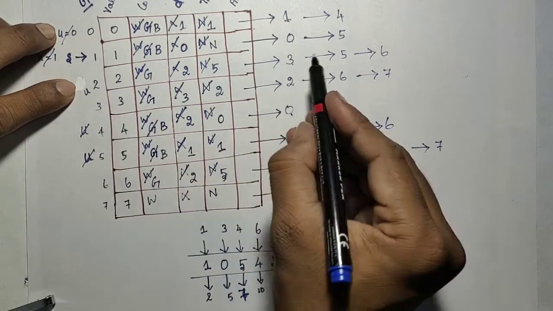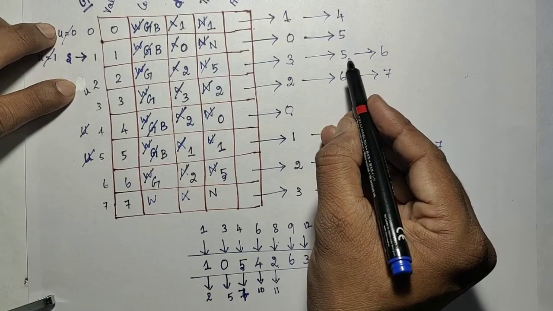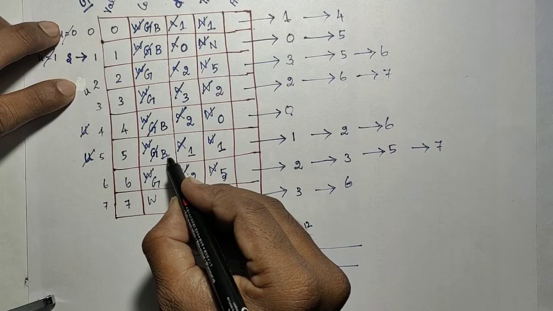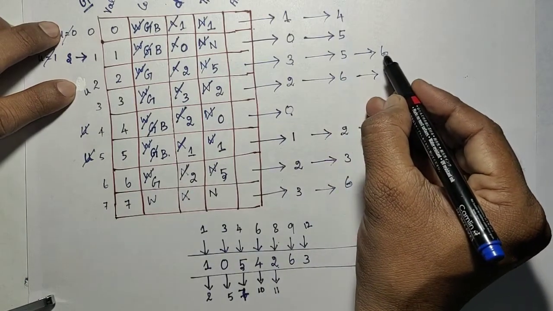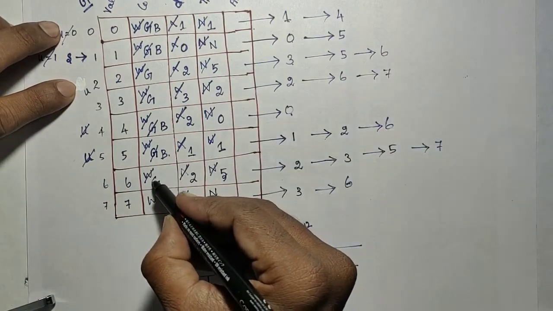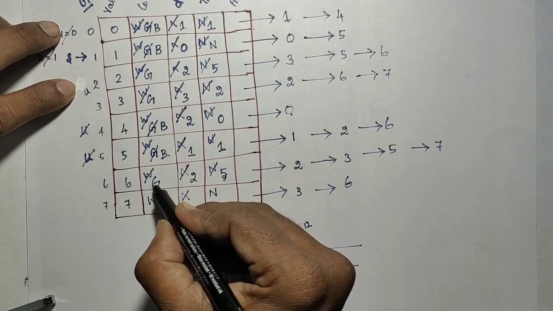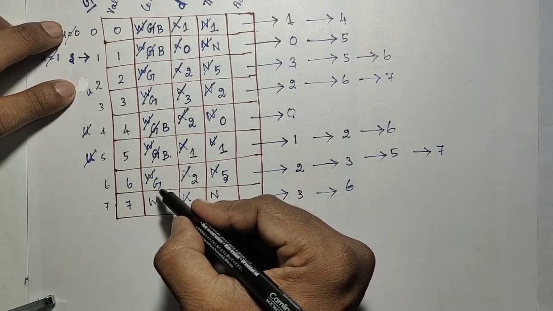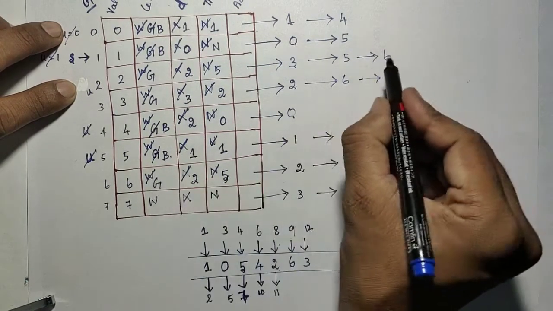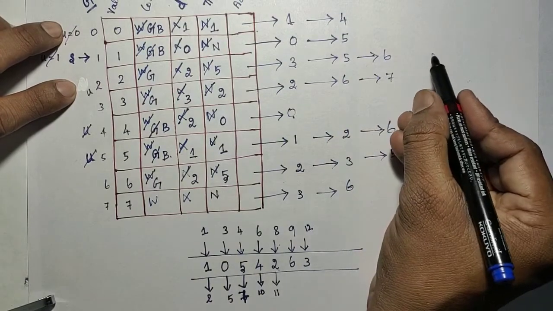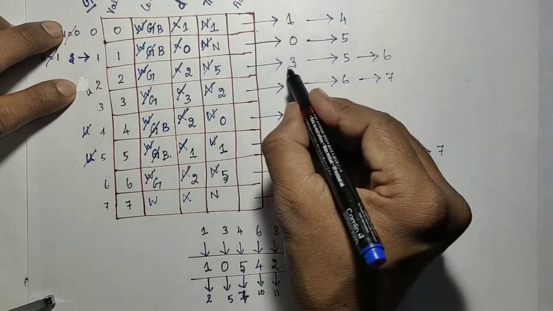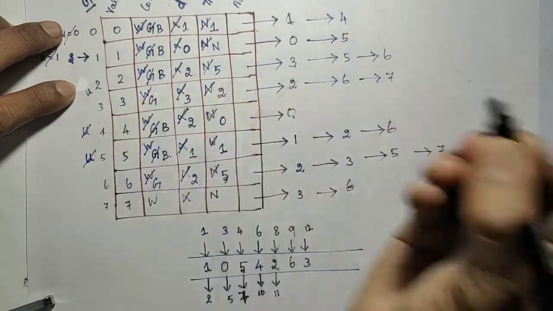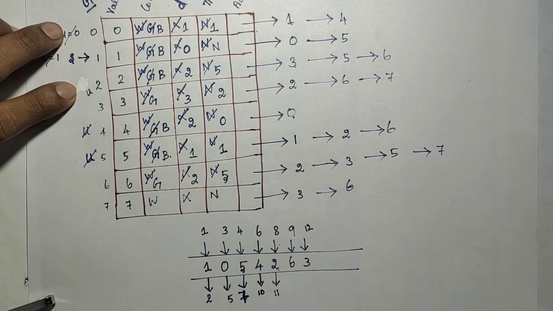The next one: 3 is over, next is 5. In that, 5 is already visited, the color is not white, so skip that, go to 6. 6's color is also not white. It is also visited, the color is actually gray, not black, it is gray. Gray is also considered visited, it is not white. So 6 is also visited, you can skip that also. So no more adjacent nodes for that u. Now it is completely visited. Change the color to black. Then go to the next iteration.